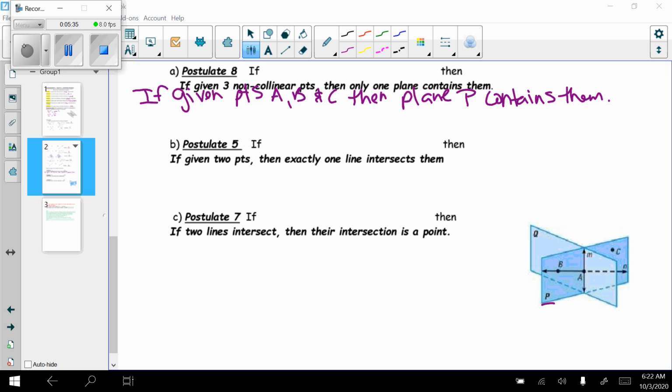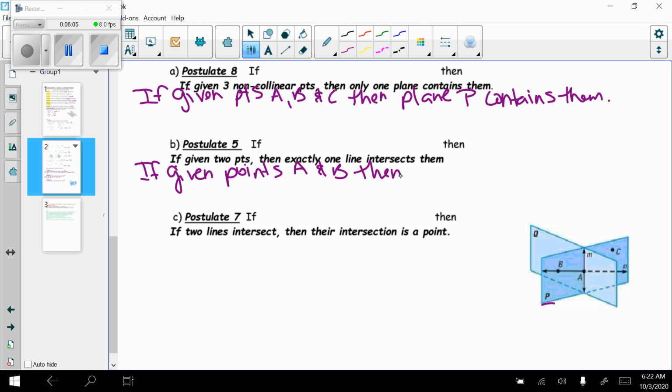Let's look at B, postulate 5. Postulate 5 told us if given 2 points, then exactly one line intersects them. So I have to start out, if given points. So again, what line do I have over here in my picture that has 2 points on it? I have line AB. So if given points A and B,